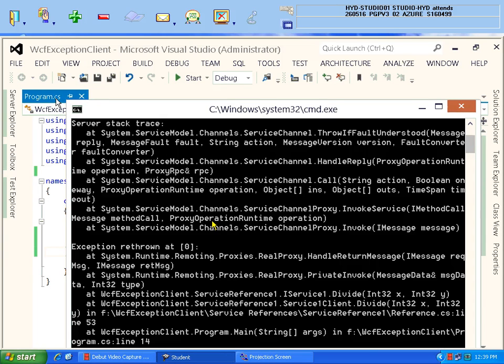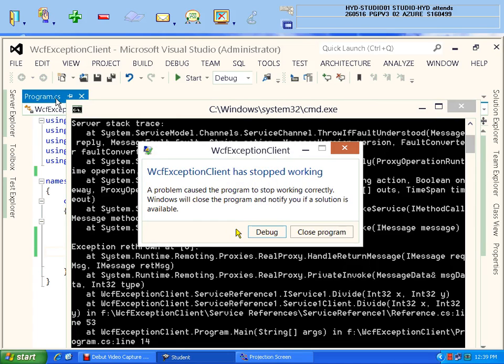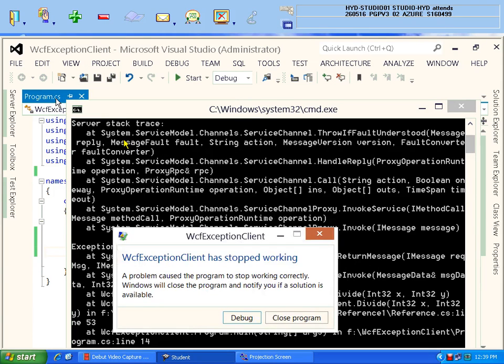See here, error. So I don't want it like this. My server has not given the appropriate information. See what's happened, all of you observe. Abnormally my channel was terminated. My connectivity to my service is terminated because I requested a function. When it is getting executed, divided by 0 will give the exception. That exception details, instead of telling it, directly disconnects the client from the service. Client and server will disconnect automatically.